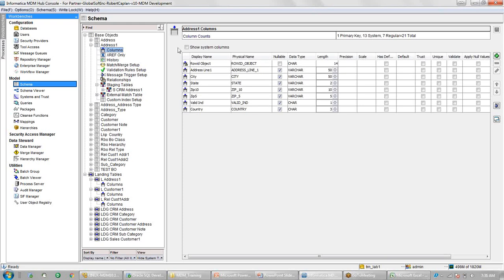Yeah, that is a separate thing. MDM is a separate tool. In the initial part we have the landing table, so if you have to load data into the landing table, usually an ETL process can be used to pull the data from a source and load it into the MDM tables. Then the data passed to the downstream system can again be done either through message queues, which are built into the MDM, or we can use the ETL process to pull the data from MDM and pass it to the downstream systems.